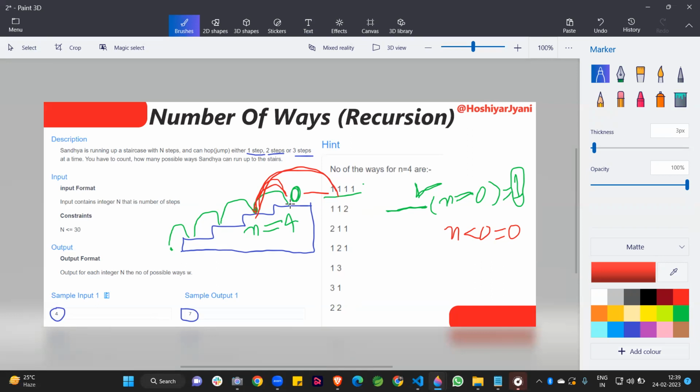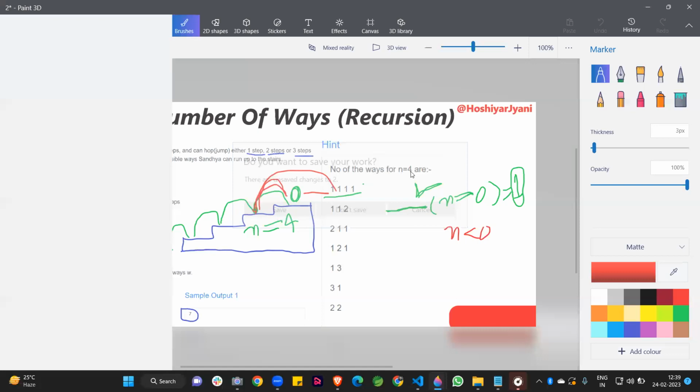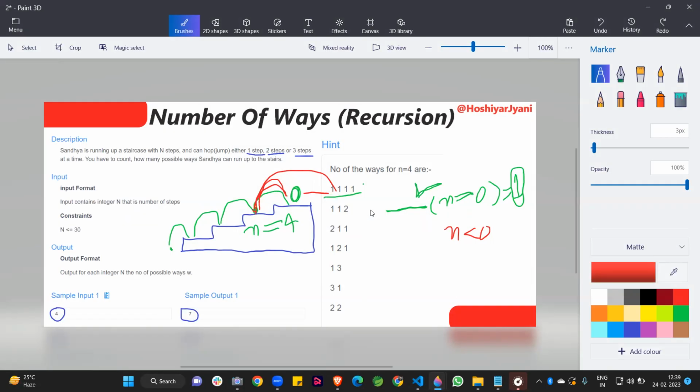So this is not a possibility. Like we are here and we take a jump of two positions. At that time, we do not reach our destination, and this is not our possibility. So this is our base condition. If n reaches 0, then we return 1, because we successfully reach our destination. And if the value is negative, then we say that this is not our case. So using this, we write the code of this question, and after that I will describe the whole steps, like what is happening in this question.